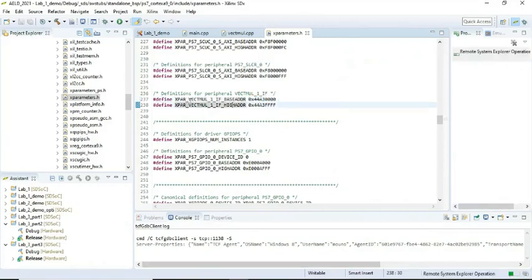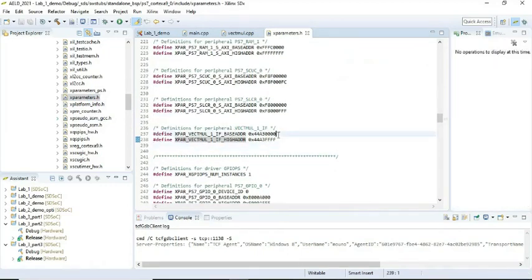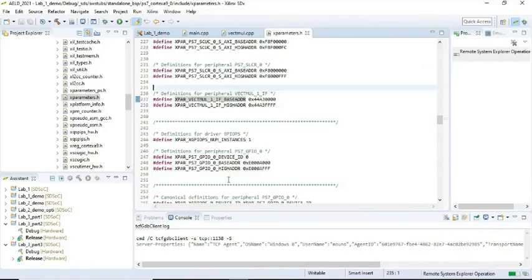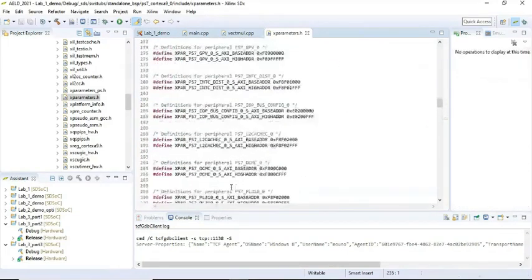There is XPAR underscore vecmul1 underscore if. So the base address is this, and the highest address that is allocated is this. So from this xparameters.h file, we can get the base address of the IP that got created by the HLS Vivado tool. So these are the two important things for which I have made this video.